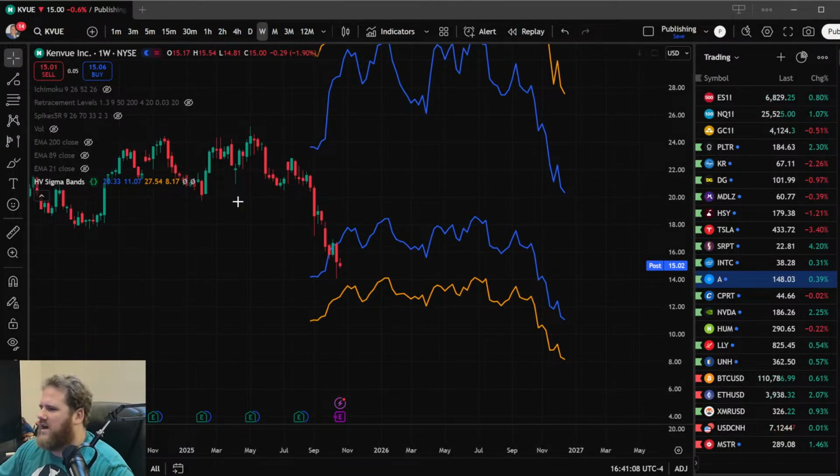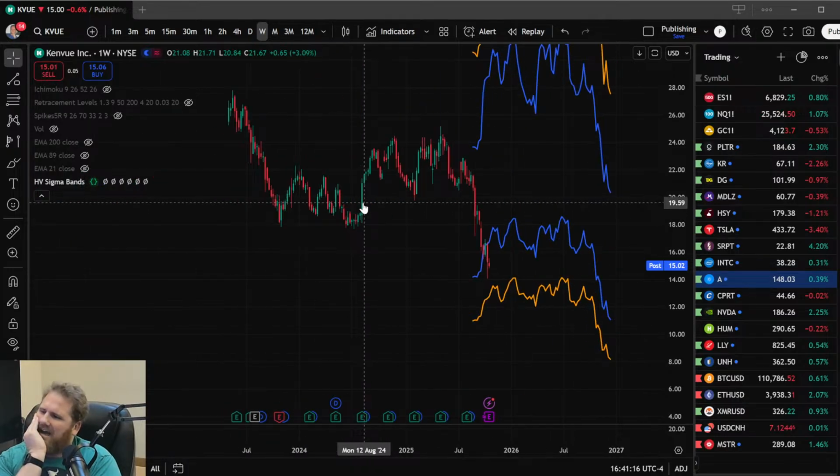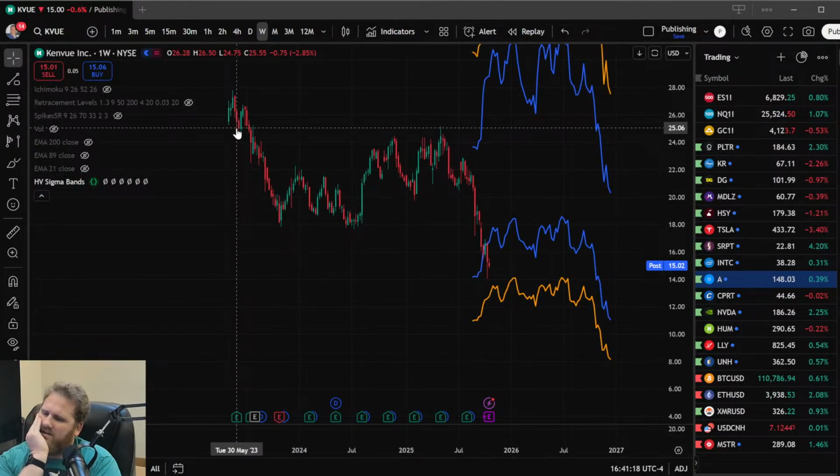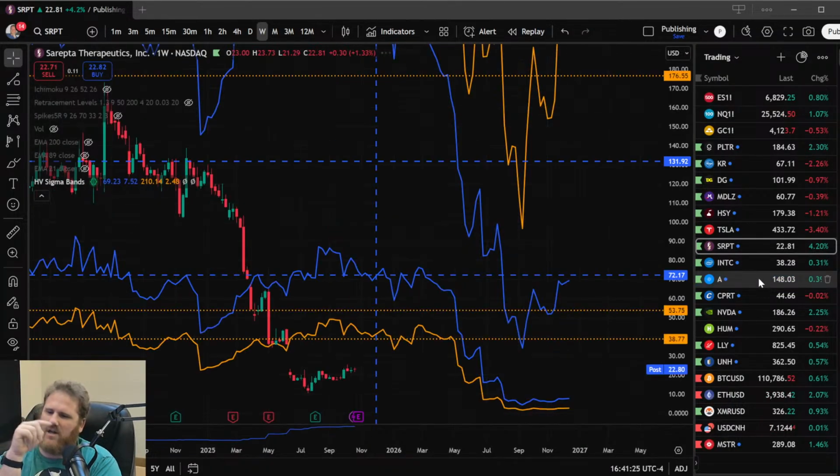So, if I were going to try to, I don't know if this really works. You're trying to catch falling knives when you don't see any past price action. I want to see some kind of past price action that I can go off of. Okay. I haven't really sat down. I actually use this on